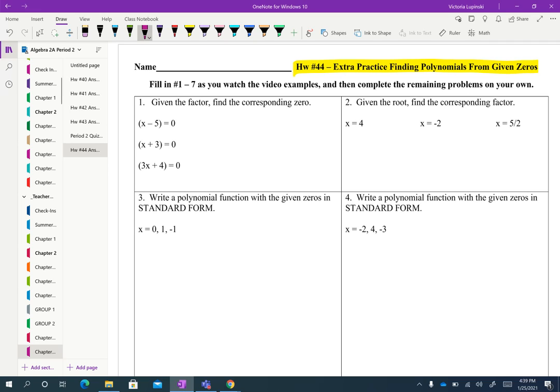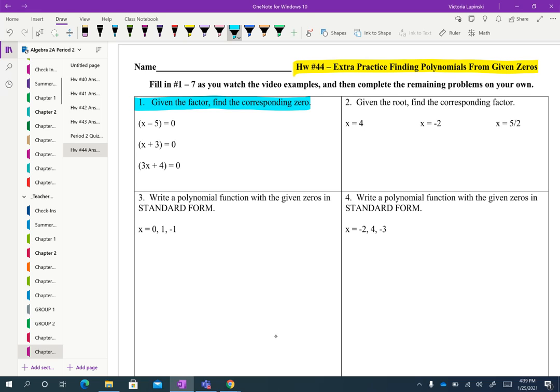So again, there's 9 problems total. I'm going to work together with you for the first 7. So fill them in as I go through them with you and then go ahead and try the last 2 before you submit. So starting off nice and simple, just to make sure you understand the basic rules, if I